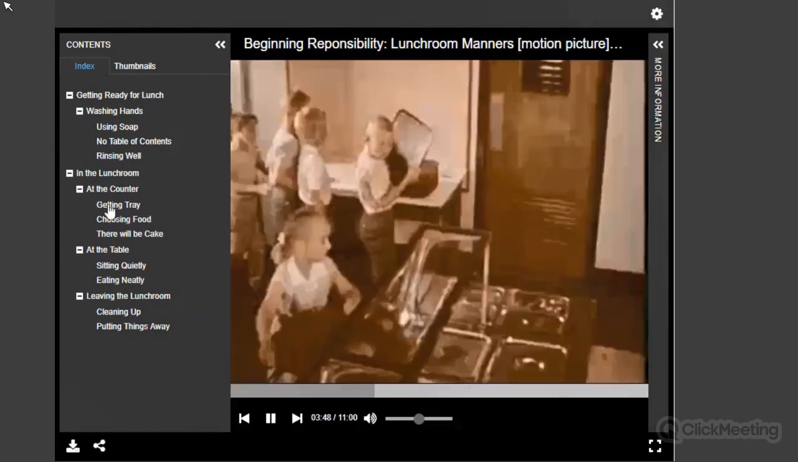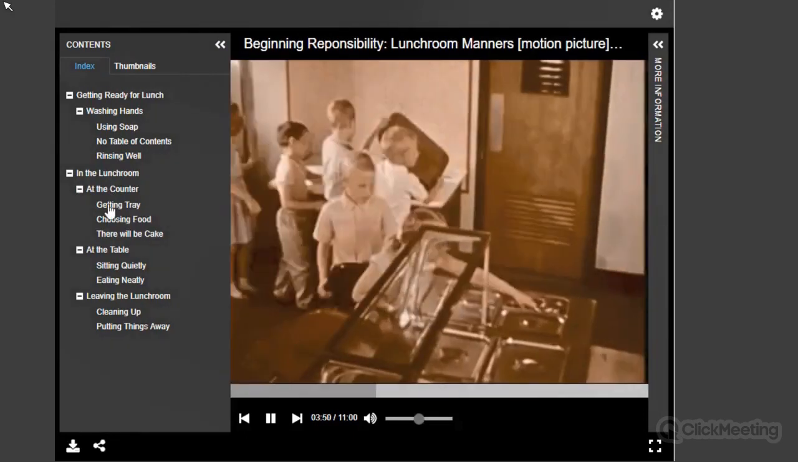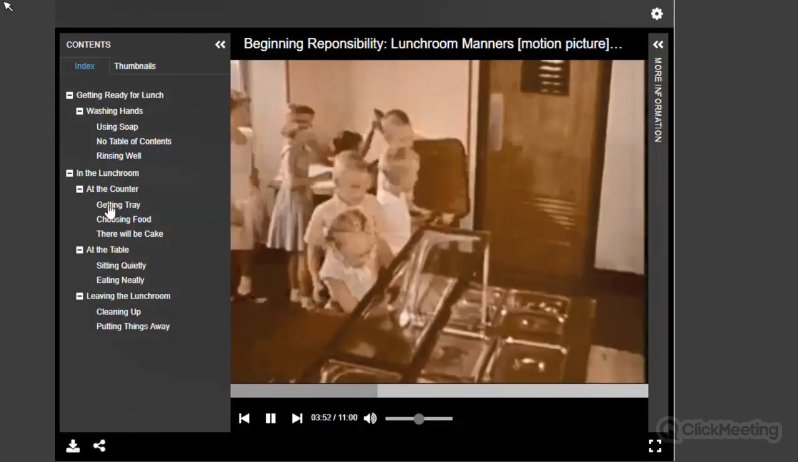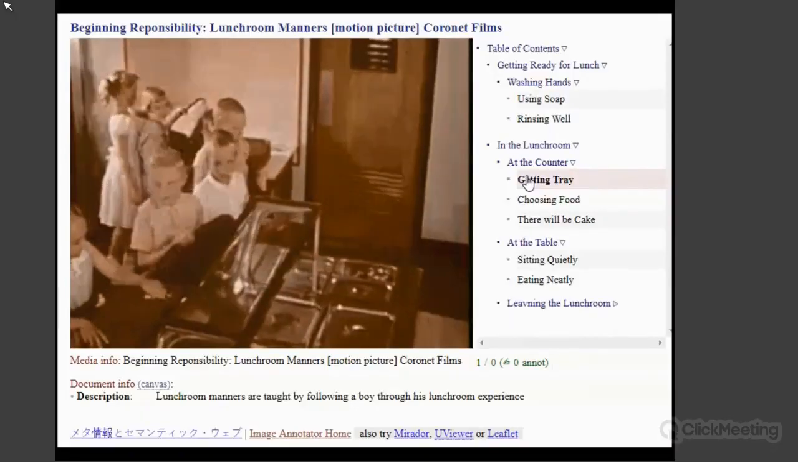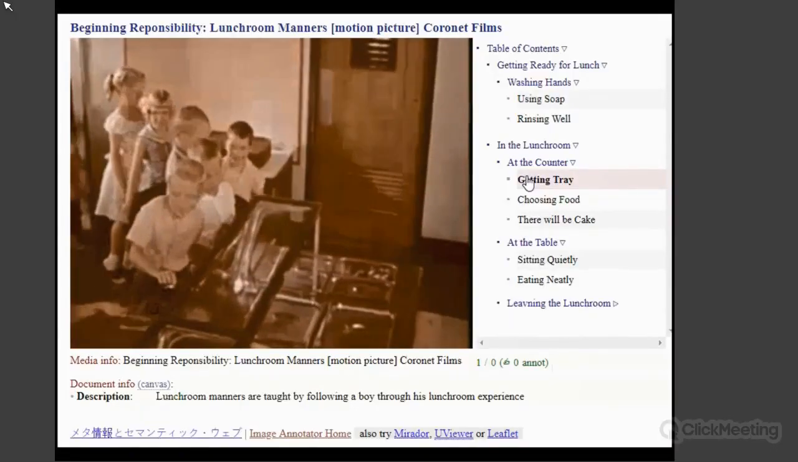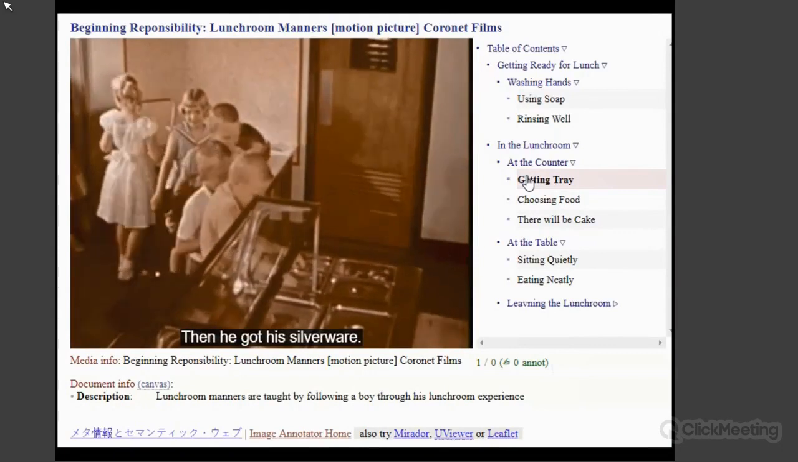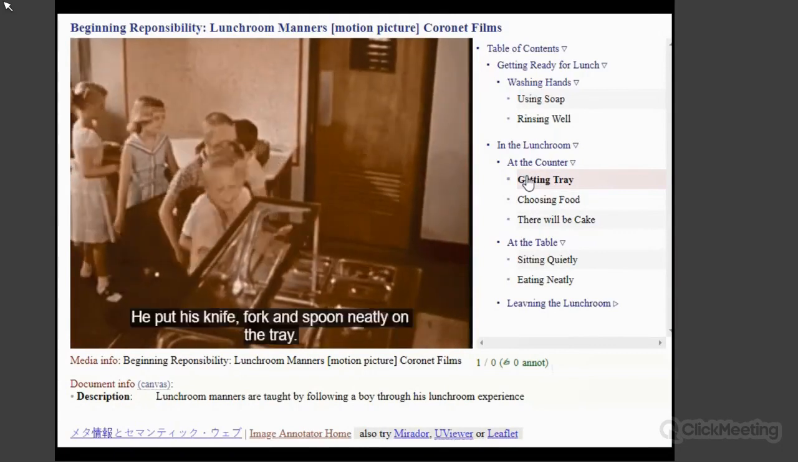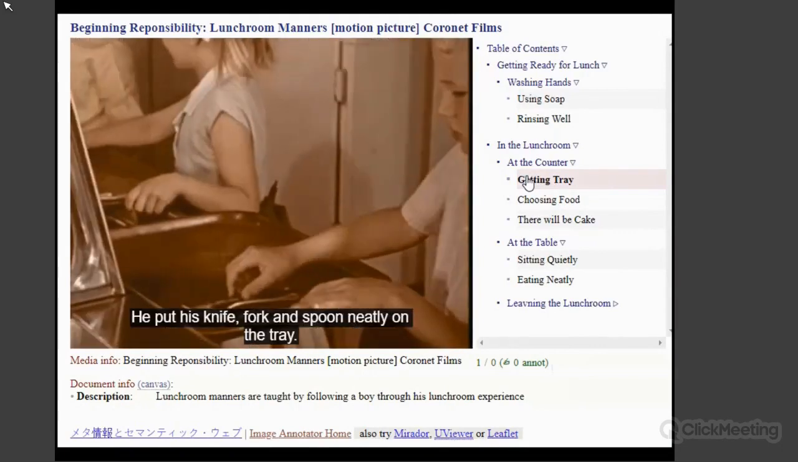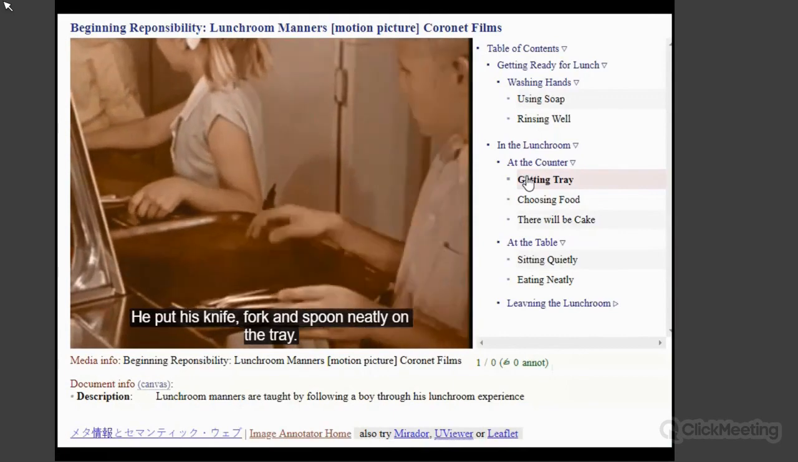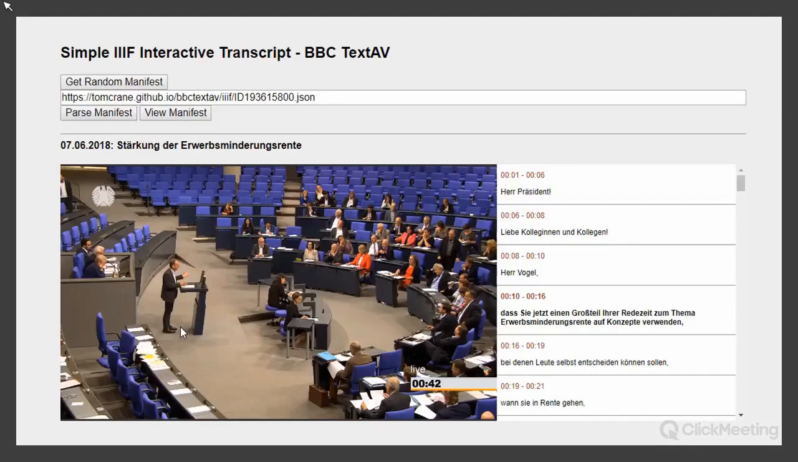Again, we're seeing ranges being used to apply to different regions. And now we're seeing exactly the same content in another viewer. And this one also is displaying textual annotations because there is transcription annotation available to it. And we can take that one step further. Here is an example of German parliamentary